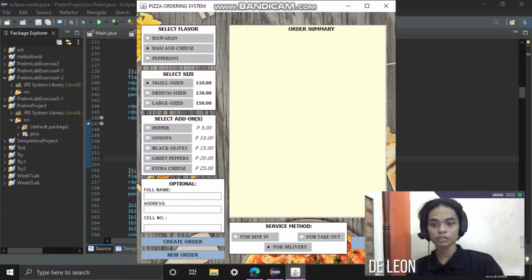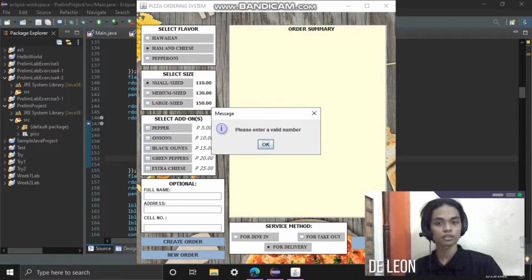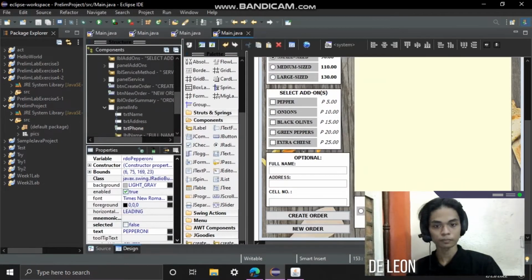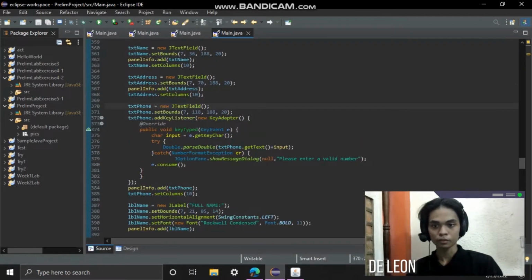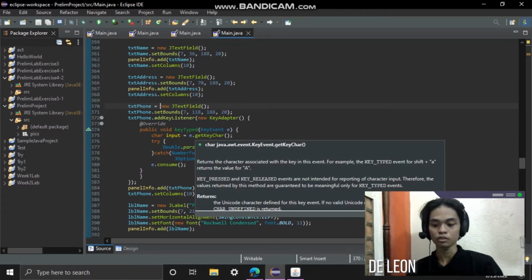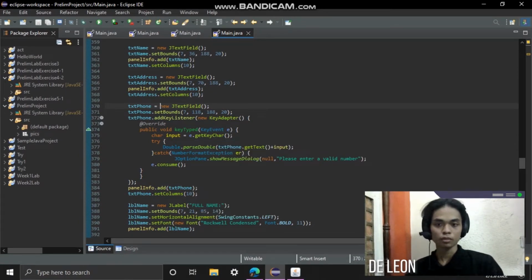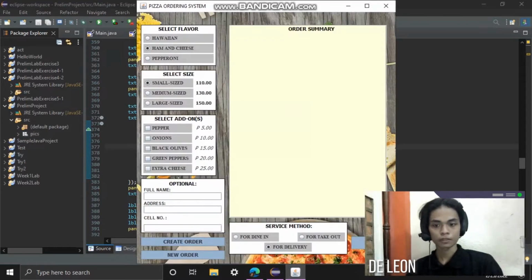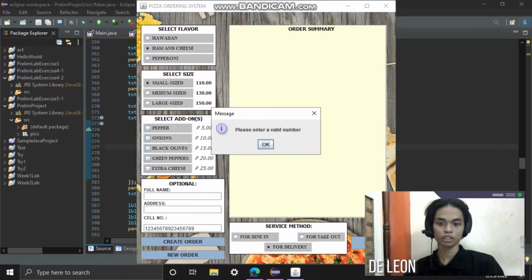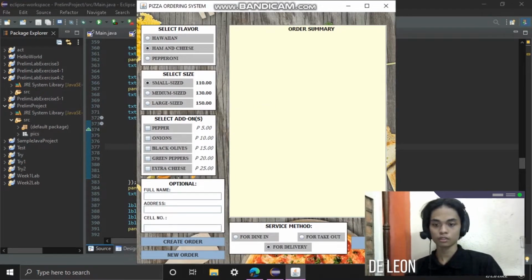The second that I should explain is the cell number validation. When a user clicks a character, this is what happens. Here is the code for it. Add key listener means when a user clicks a key on our keyboard. Try Double.parseDouble, txtPhone.getText plus input. So with try, a number is allowed, but when a user clicks a string or a character, it is not allowed